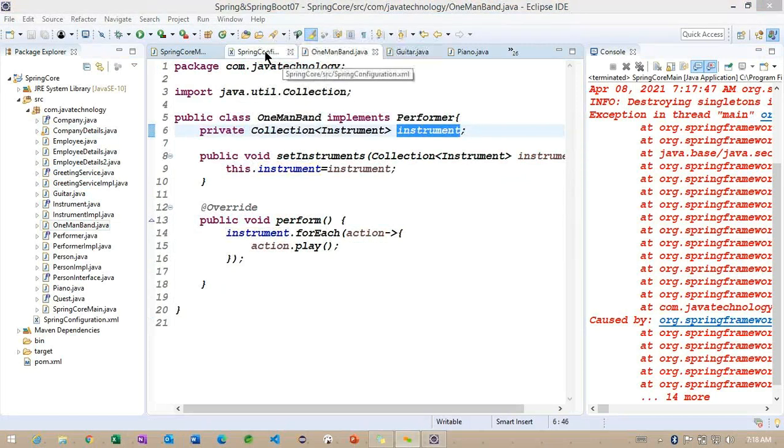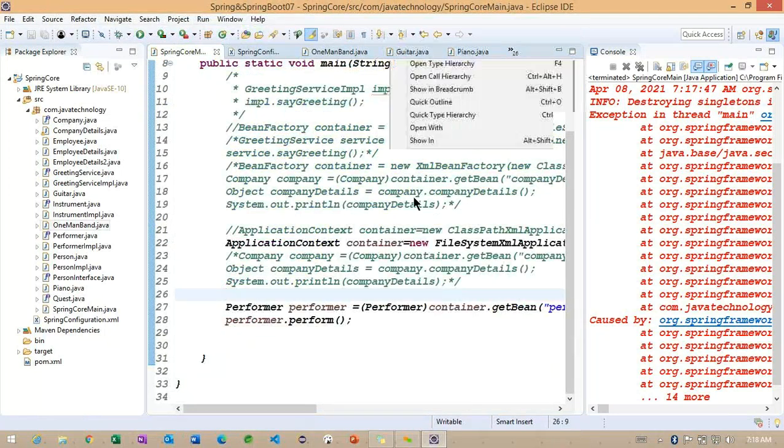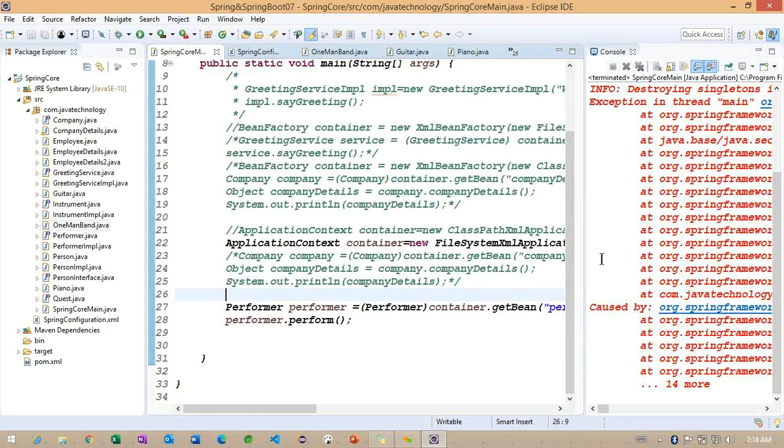So go to our configuration. Let me run the same example one more time. What happened?